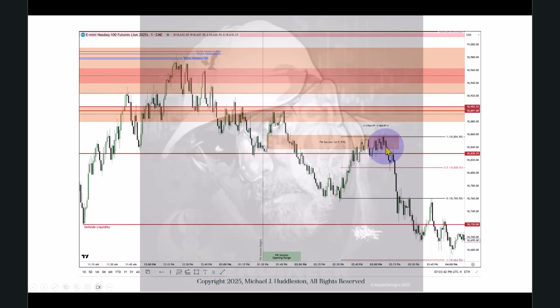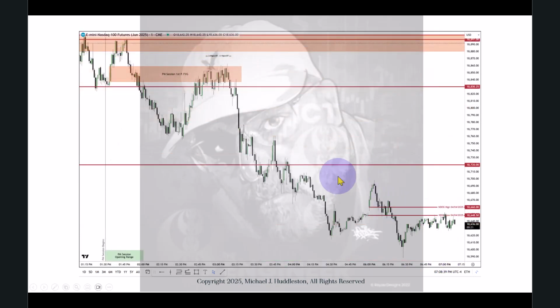And you can get a measurement on the bodies, the high and the low. The lowest close or open, the highest close or open in that range. That's what I'm measuring. And you get that price down here, 18,664 and a half. And ultimately, you can see it does, in fact, trade down to that. And then we have the new day opening gap for today and the low that formed after the restart from the 5 p.m. to 6 p.m. break.